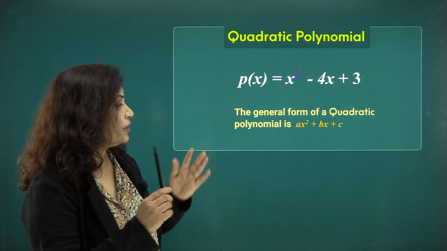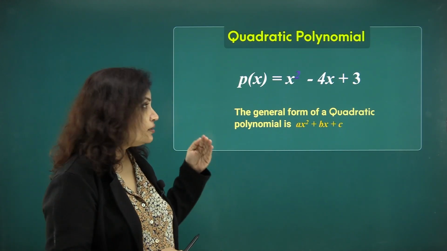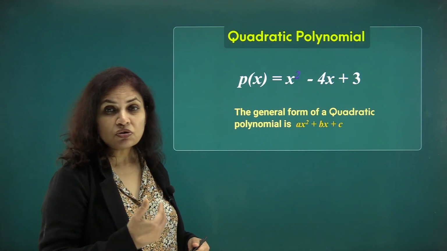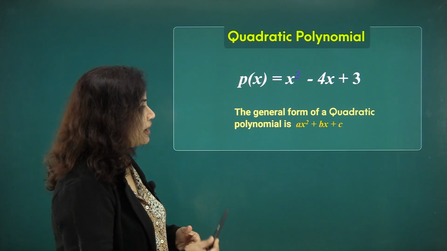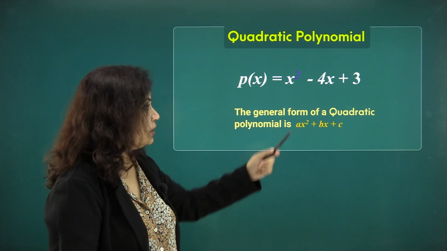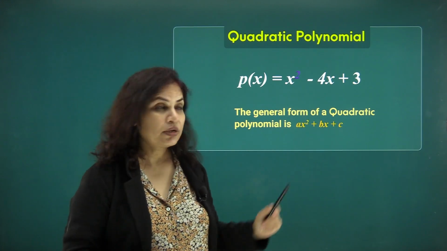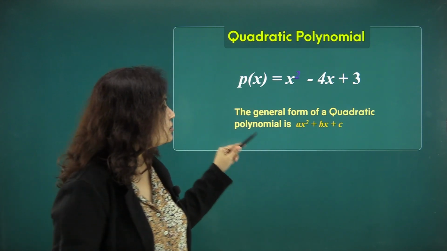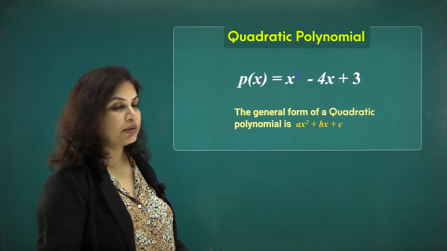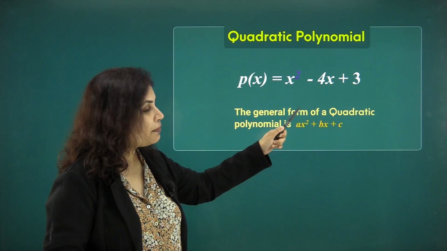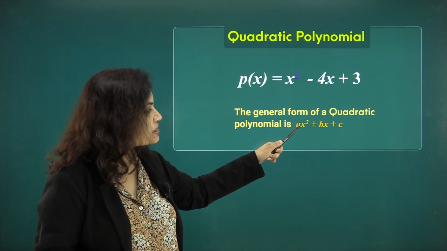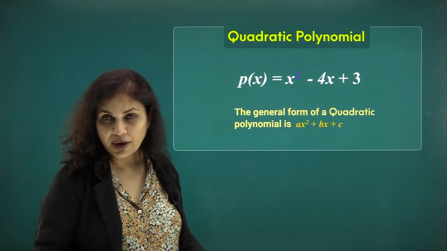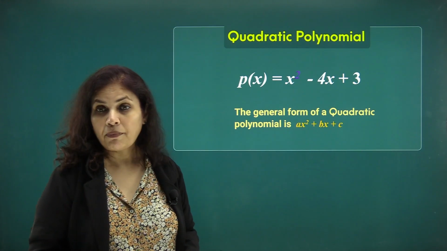So, when I am saying that the variables are arranged in decreasing power, it is not necessary that each and every power of the variable will be visible. Here the middle term could become 0 in case the coefficient of x is 0. But the general form of writing a quadratic polynomial is ax square plus bx plus c, the first term having power 2 of x, the second term having power 1 of x and the third term having power 0 of